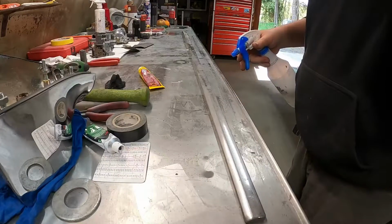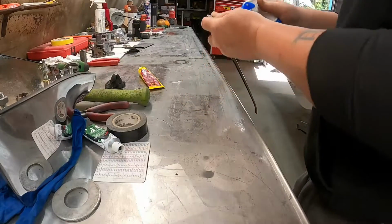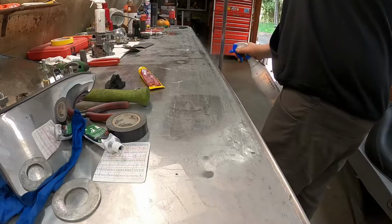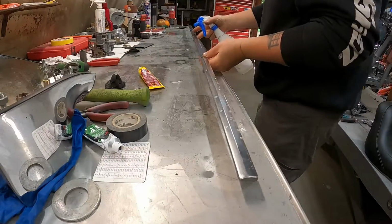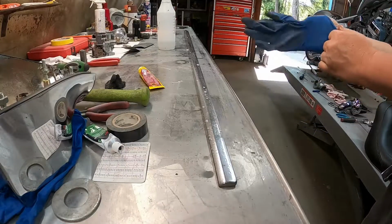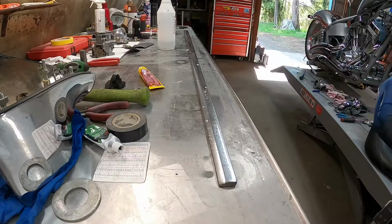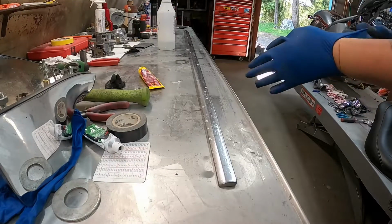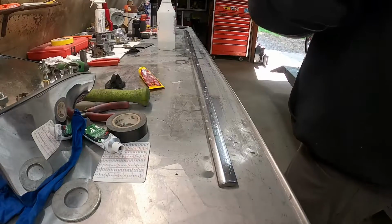So what I've been doing, obviously they're dirty. What I start out with is soap and water. I wet them down. Actually, I'm going to put a pair of gloves on because this stuff gets pretty messy. Not a big deal, but it's just easier to keep this stuff from getting on your hands and in your fingernails. Okay, so